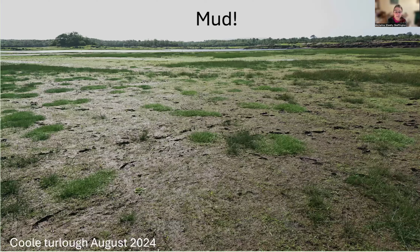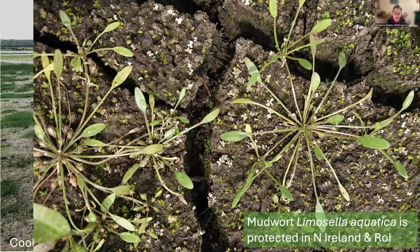But there are also other habitats in the Cool zone, and when it really dries out, if it does, in the summertime, it reveals mud, because the permanent water levels mean that the perennial plants can't really get a hold of the whole area. So you've got a lot of this bare mud, and within the bare mud, you get seeds from annuals. One of the best ones I like is the mudwort, aptly named Limosella aquatica, a protected species. It has these little rosettes with flowers, but what's really interesting for an annual is it has these stolons with little satellite rosettes of flowers,